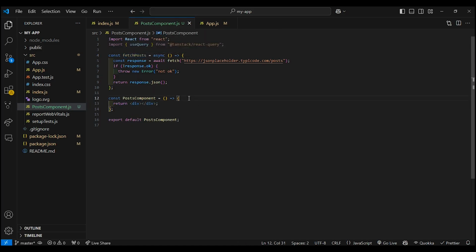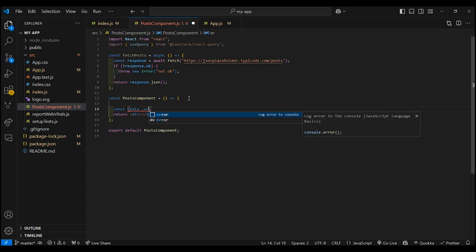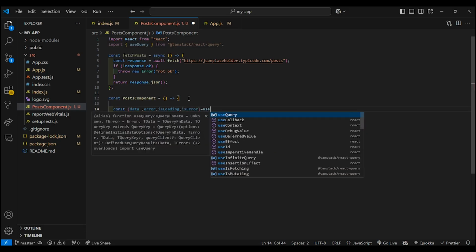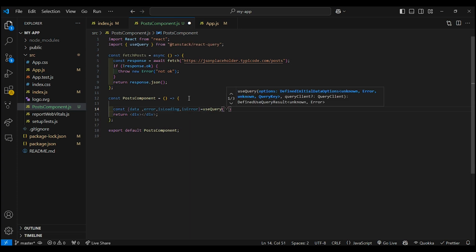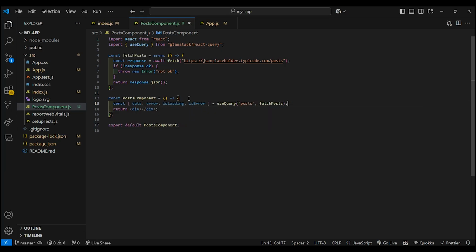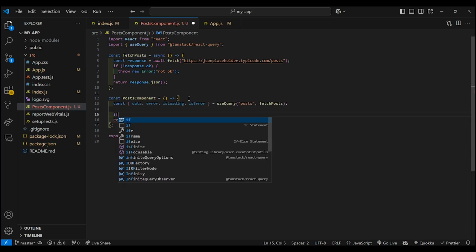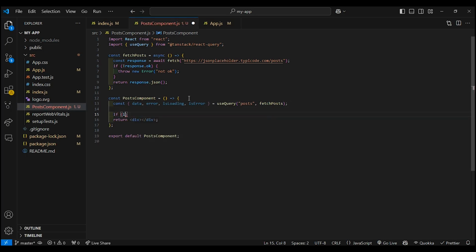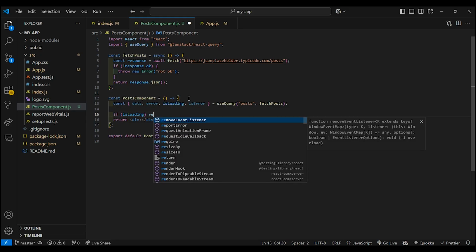Here I want to use React Query. We need to start with const and something from React Query. First is data, and we need error, and of course isLoading. The next one is error. All of them are equal to useQuery, and we have this unique key, posts, and the second argument is our function to fetch data, fetchPosts here. And I want to add some conditional rendering by if, and just write down isLoading,